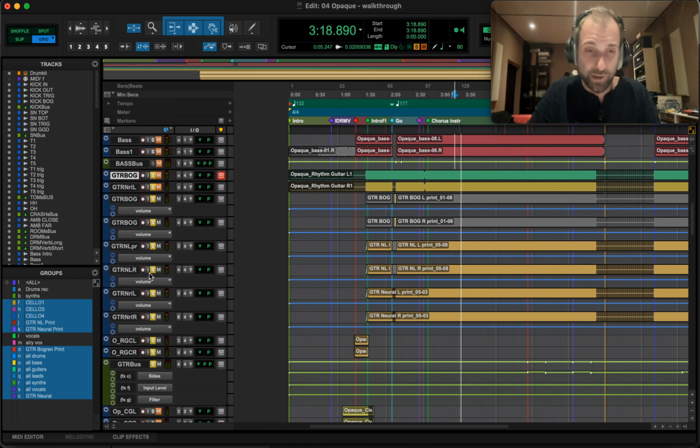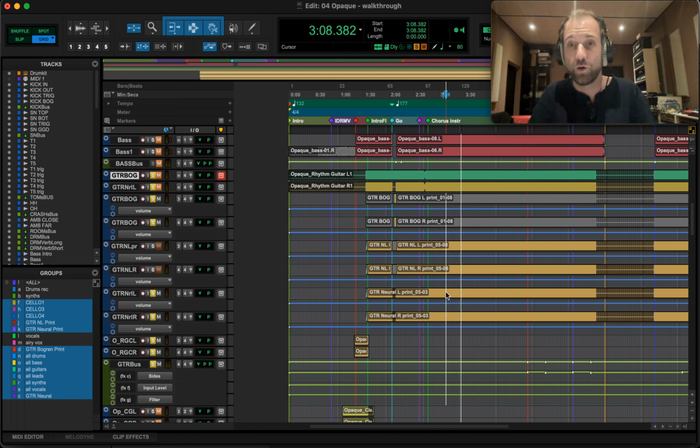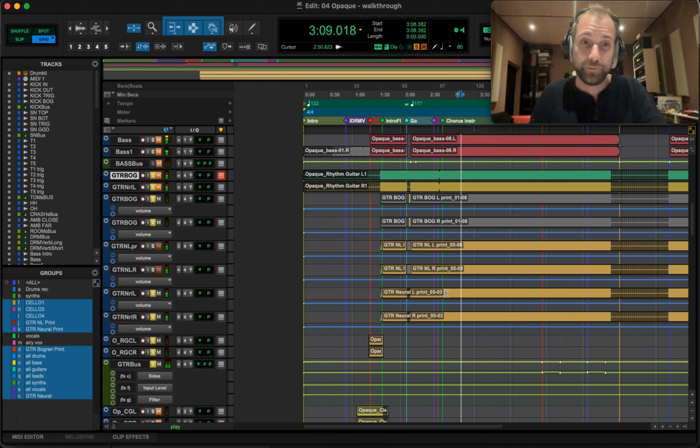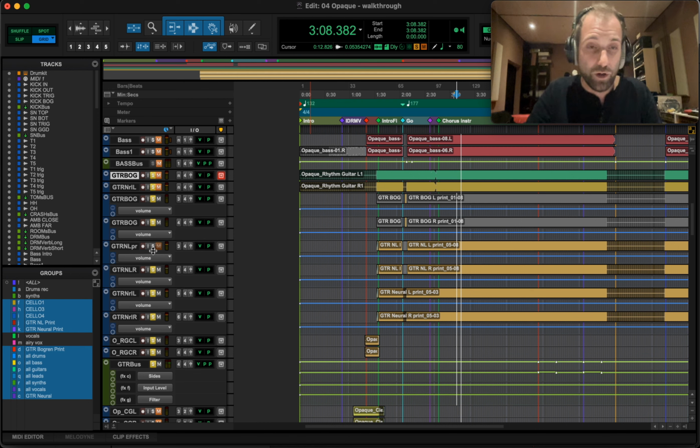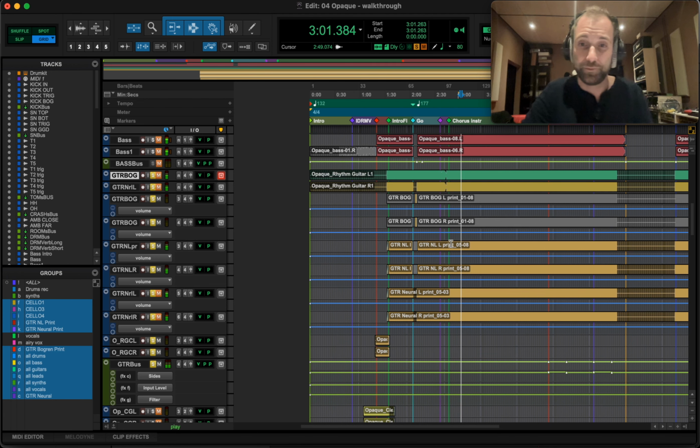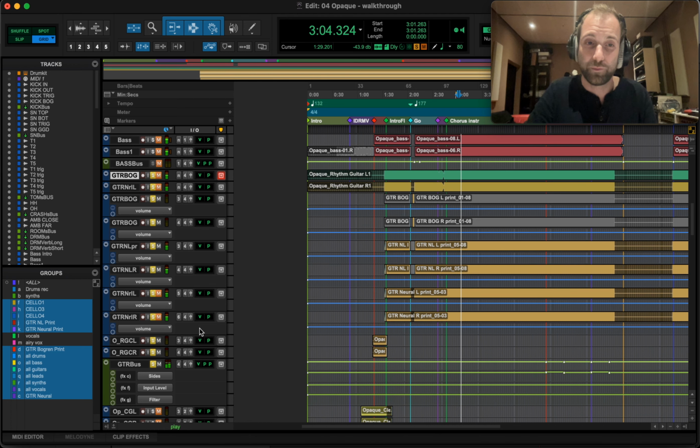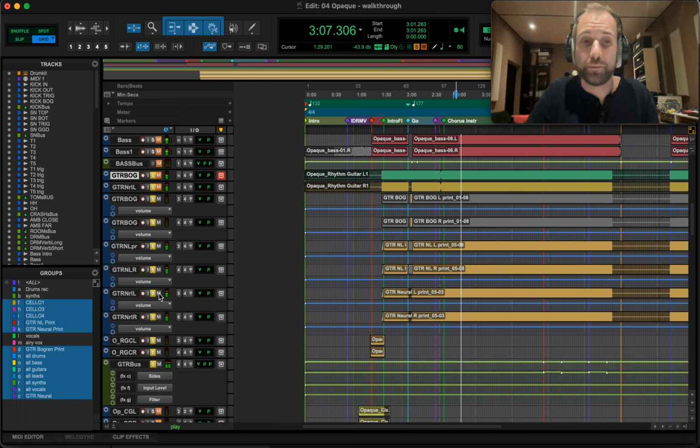There's two different types of plugin together. There's one neural DSP that we just saw before, the Gojira model, which is working very good. And here I also put 2 out of the 4 guitar tracks I got through STL Tones plugin, which is, for me, a bit more dirty and makes the guitar more organic in some way. So that's the dirty sound. And when you add the other one,